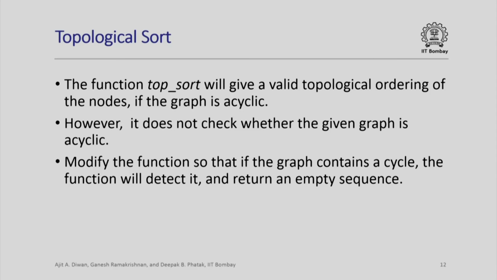So, after you have got the graph and you have got this ordering, you can go through the list of edges and check that every edge goes from a node which occurs earlier to a node which occurs later. If it does not, then this graph is not acyclic, and you can modify this function to actually find a cycle. So, you can try that as an exercise, and this completes our session on graphs. We will see more about graphs when we consider implementations and algorithms on graphs. Thank you.